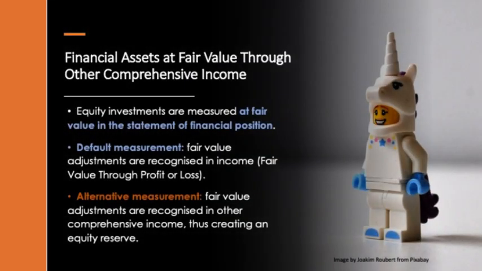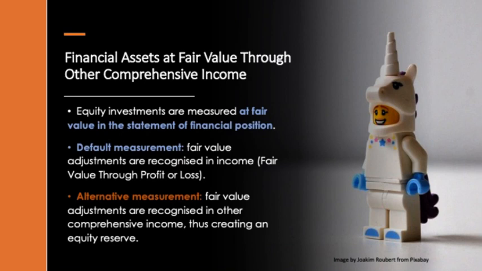This video deals with an example of financial assets at fair value through other comprehensive income. Before we start looking at the example, it is important to understand what happens in the category at fair value through other comprehensive income. If an entity has an investment in equity instruments of another entity, in other words, an investment in the shares of another entity, they can elect to put that investment in the category financial assets at fair value through OCI.